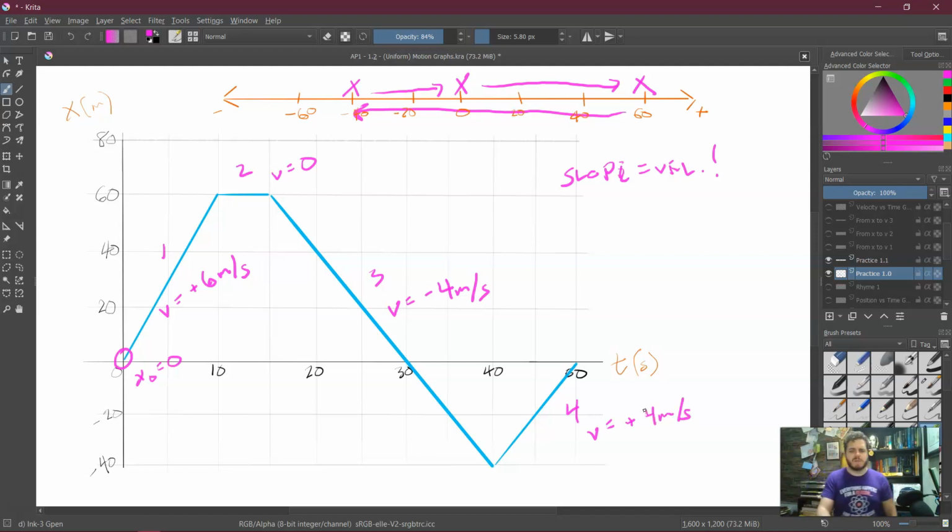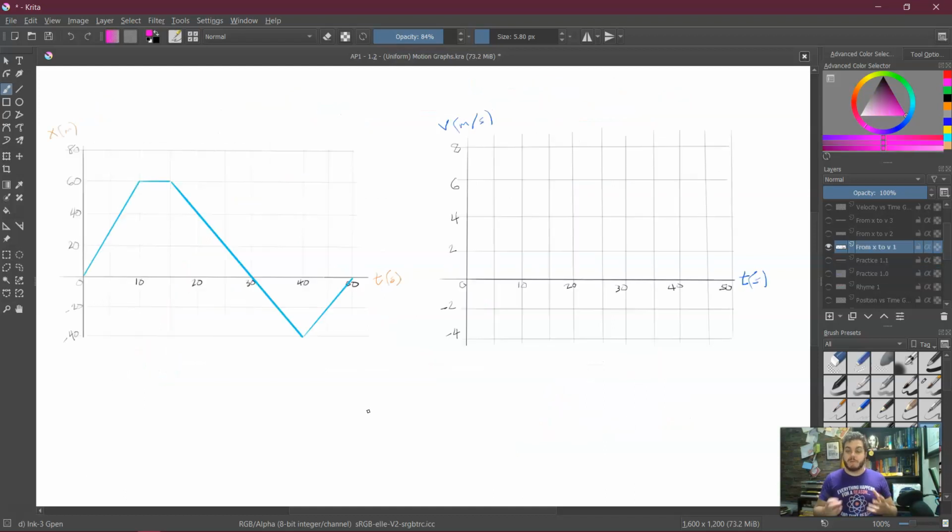One last piece of information we want to really briefly highlight is what is happening here. Well, the object hasn't stopped. It's only at rest when the slope is 0, so it's still moving, but what happens here when we're at 0, oh, we've just returned to our starting place. So that would be this point, it's gone forward. That would be happening right here as it continues to move past its starting point before coming back to the